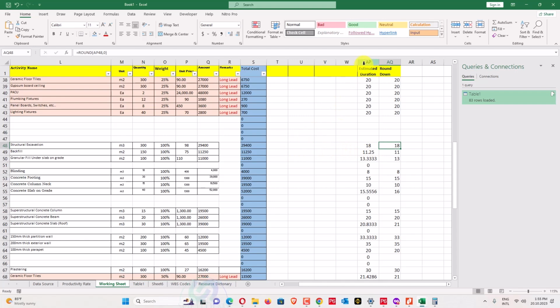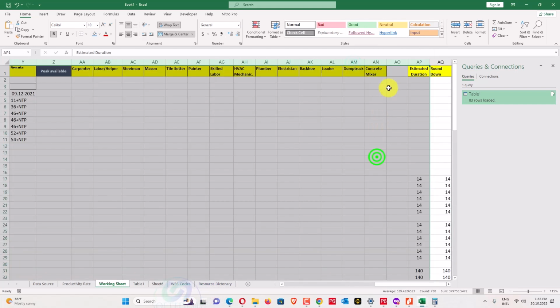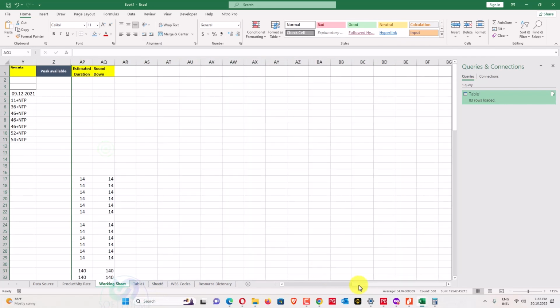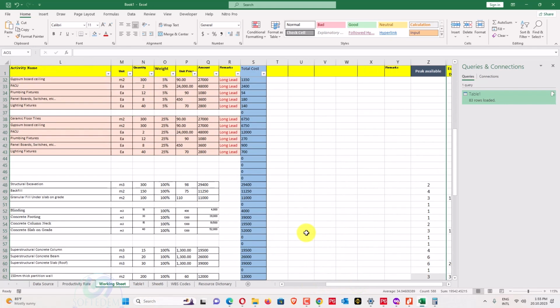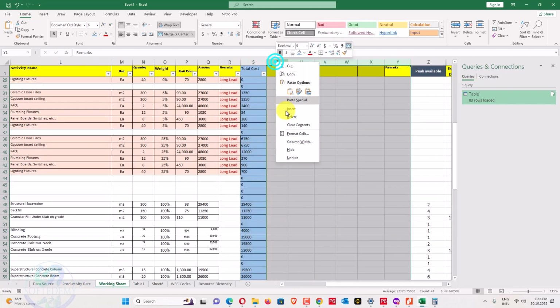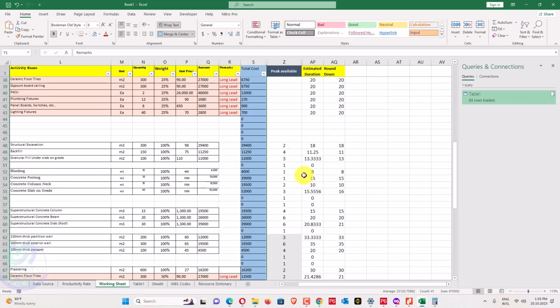So here I have calculated 18 days for excavation. If I change this, this is the peak availability, and I will hide this one and go to the bottom.